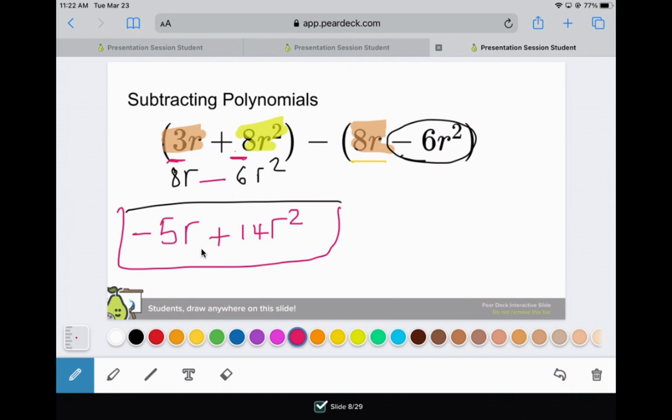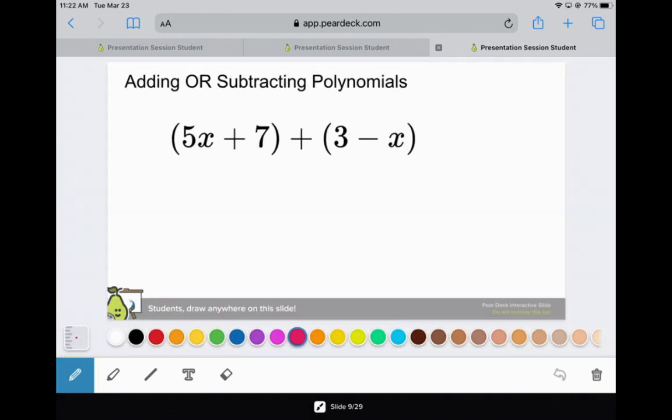All right, so let's do one more example. Right here, this one is addition. How do we know if it's add or subtract? We look at the operation between the parentheses. So this one is add. Okay, so we're going to line them up. I'm going to write my first function, 5x plus 7. Then over here, I'm going to rearrange my terms under the